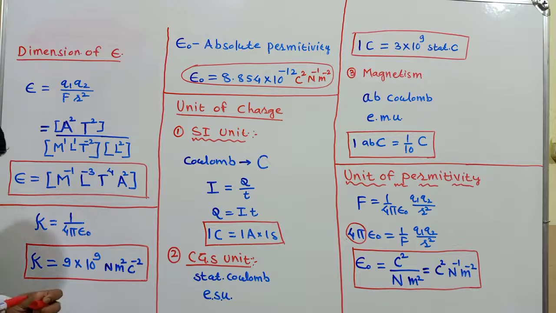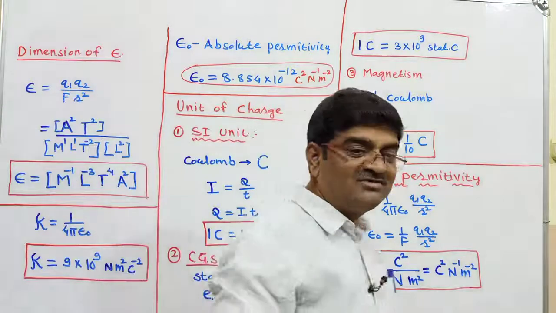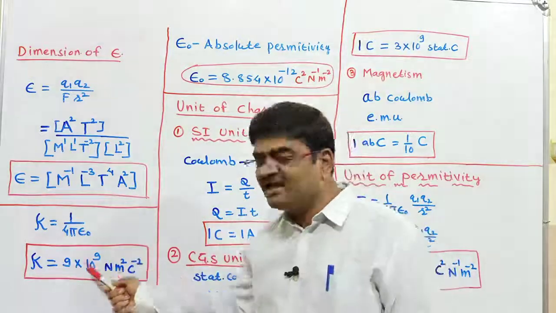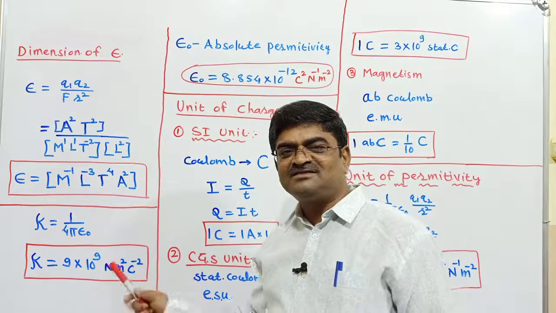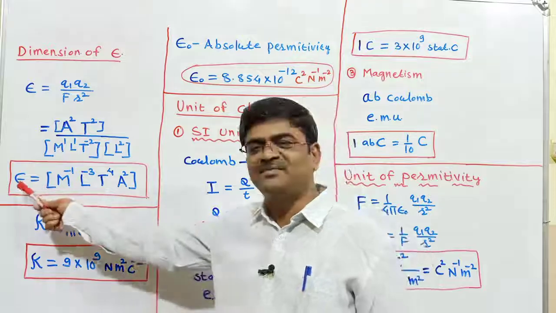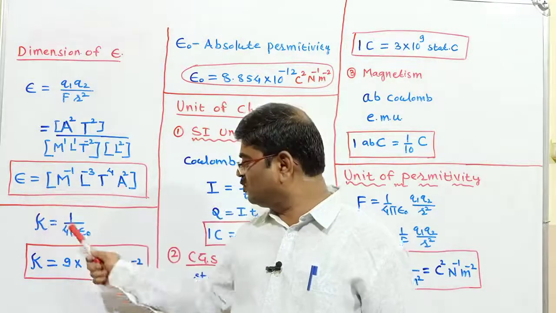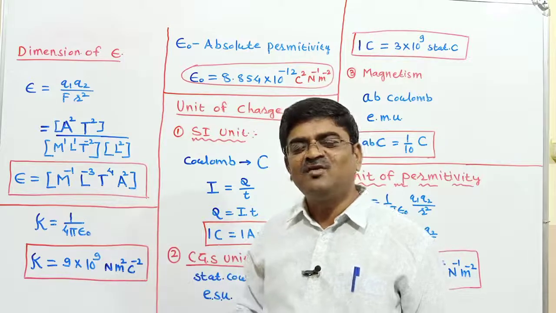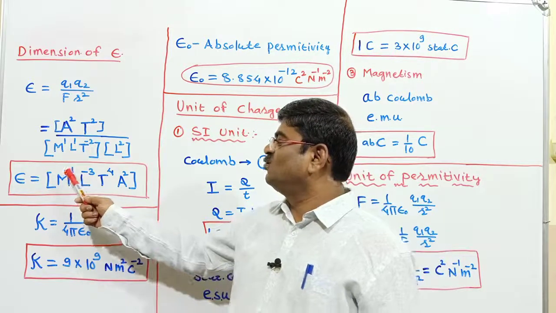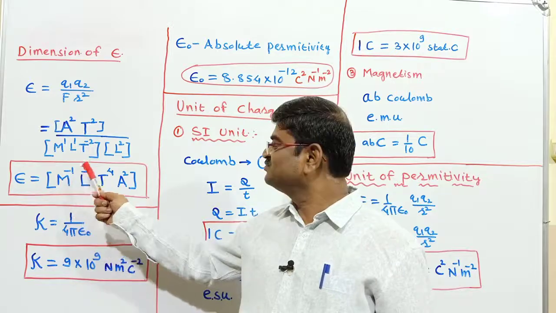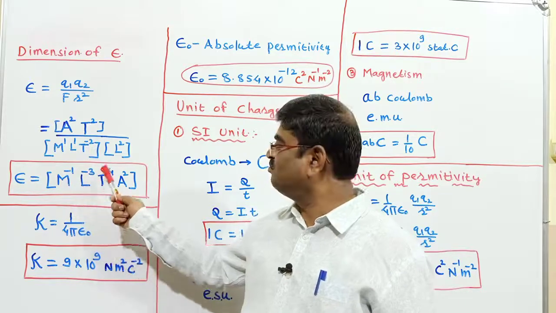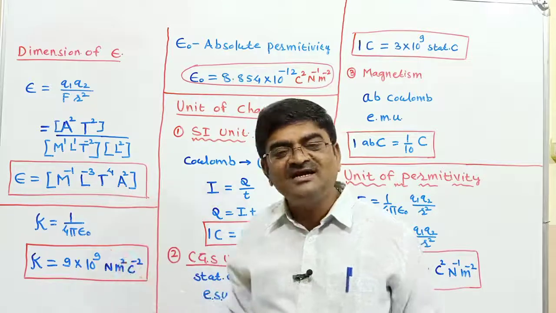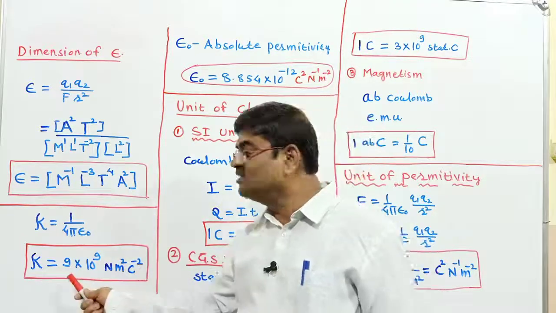And even if you are willing to have the dimensions of Coulomb's constant, what you need to do, again like the unit I did, you just take the reciprocal of the dimensions of permittivity. If I ask what are the dimensions of Coulomb constant, my answer is already ready. What are the dimensions? 1 in mass, 3 in length, minus 4 in time, and minus 2 in ampere. So these are the dimensions of Coulomb's constant.